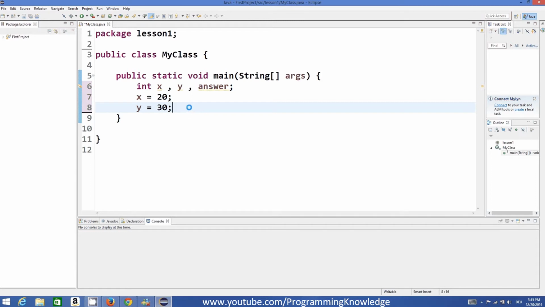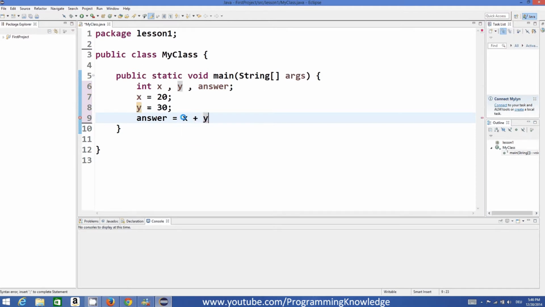So for example, I want to add these two values. I can add these two values and store the result in the third variable, which is also an integer, like this. So x plus y, it's the same as we do in simple mathematics, right?